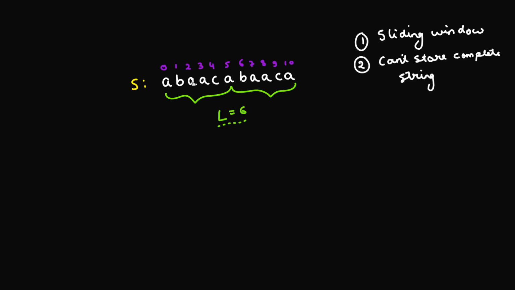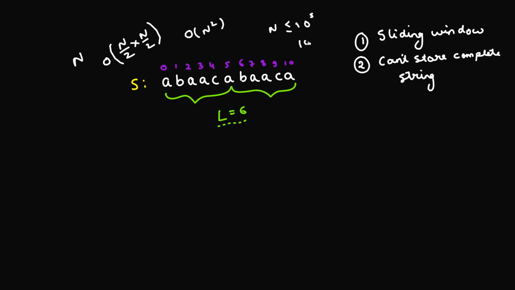Second thing is that we cannot actually store all these substrings in a set or a map. The reason is, well, if you have a string of length n, what if I consider a substring of length n by 2? So I'll be having n by 2 substrings of length n by 2, right? And if I multiply that, the amount of time that I'll need in order to consider all the possible substrings of length n by 2, well, that's going to be roughly O of n squared. Okay, and the way the question is designed is n is less than or equal to 10 to the power 5.